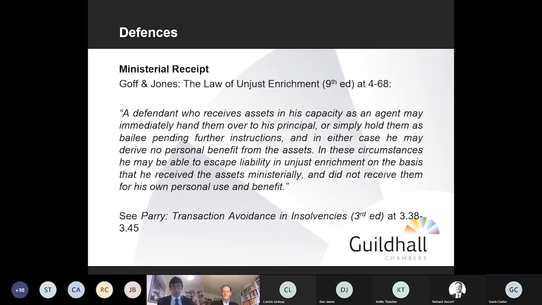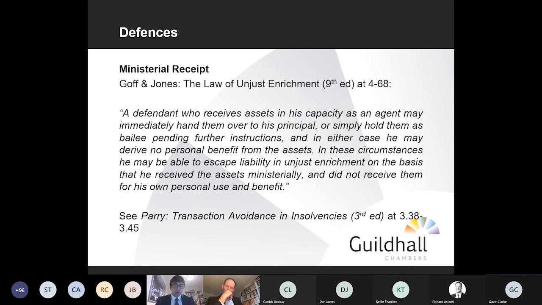And Rebecca Parry's book on transaction avoidance, in the passage I've set out on the slides, confirms the view that I think most judges would take, and there's some case law to underpin this, that's got to be right in an insolvency context. You're going after the person who actually got the benefit of the disposition, not simply someone who was a passive conduit through which money's passed. And that's in keeping with the position on bank accounts, where the bank is not the one that has to repay the monies, it's the person who gets the money in their hands.